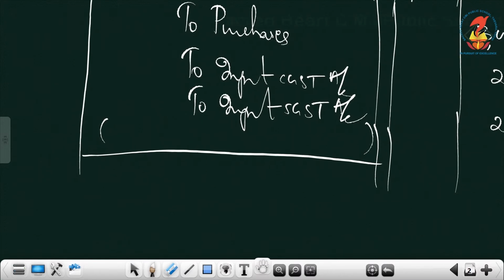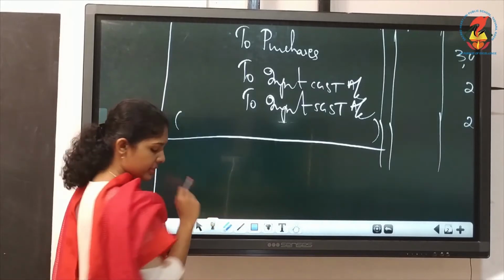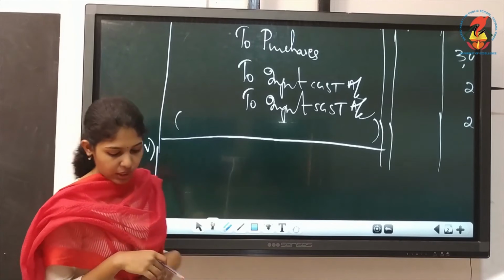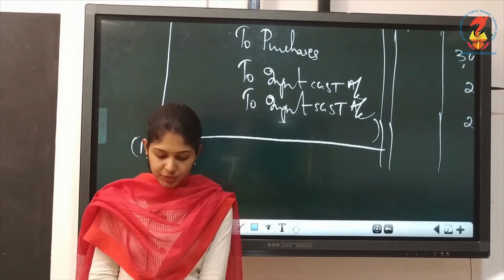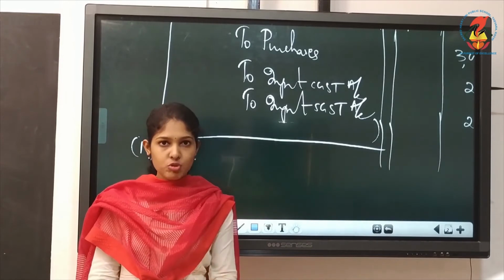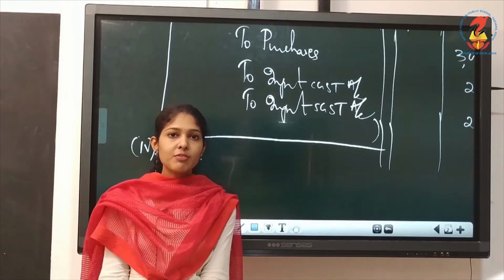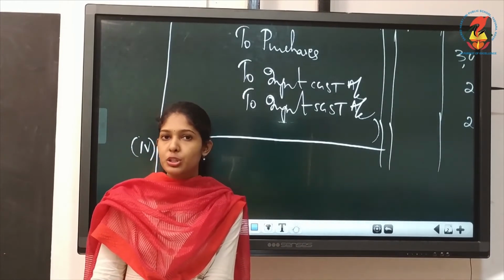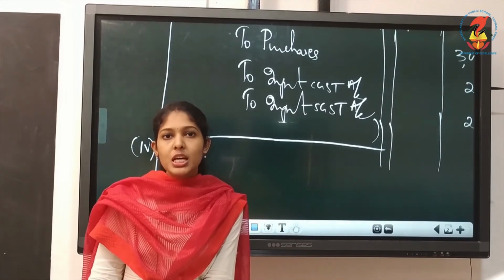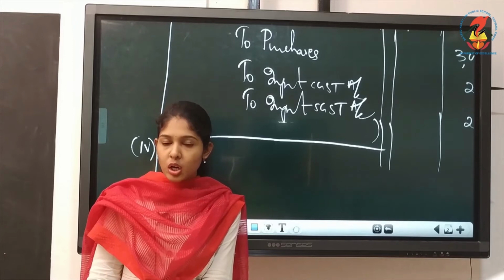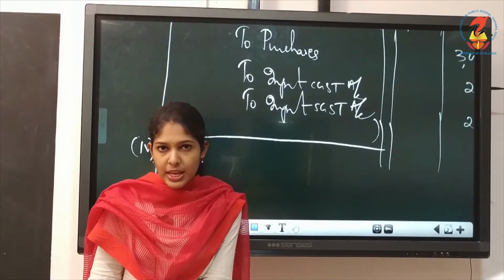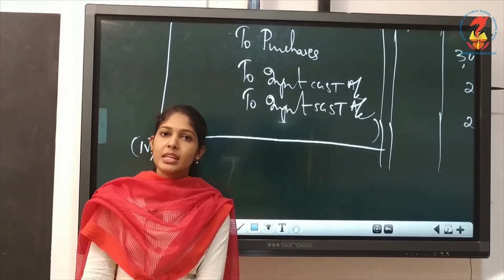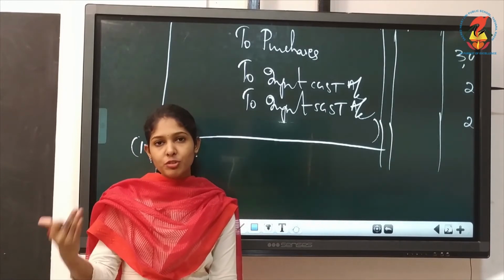Then the next transaction, number 4. Goods costing 5000, lost in fire, again GST is there. Goods lost in fire, we have discussed the specimen entry. When you lose goods due to fire or theft or whatever it is, what's the journal entry? Loss of stock or loss of goods by fire account debtor. It's the goods moving out, so we have to write to purchases. Then input GST we'll have to cancel, we'll have to credit it.